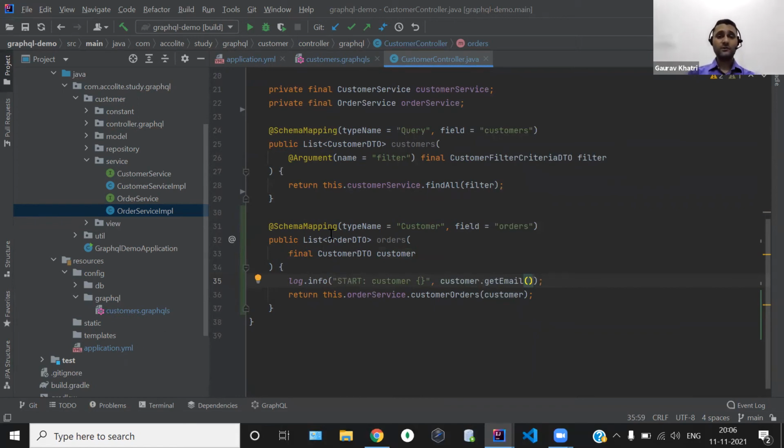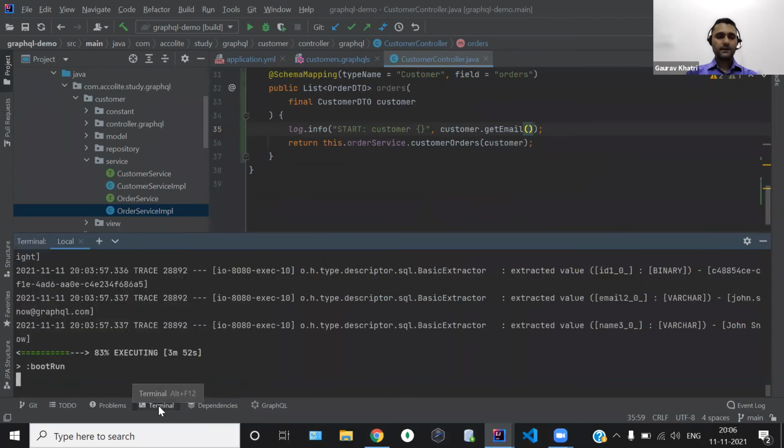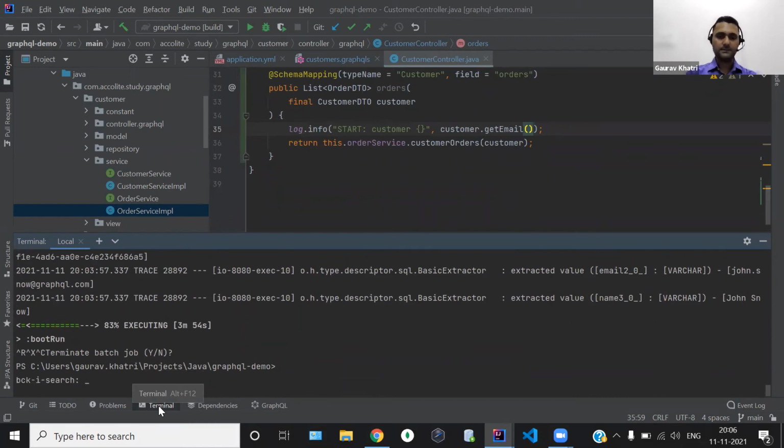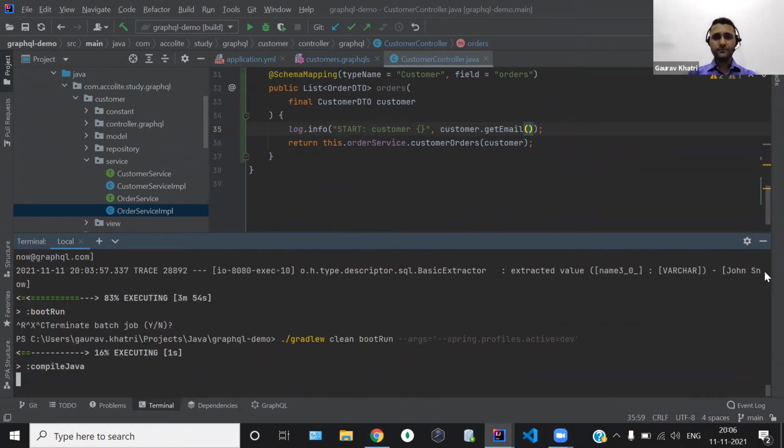I wanted to show you that this resolver function will only get called when we demand the orders in the customer query. So let's restart this application, and let's see how we can utilize this resolver function to optimize the GraphQL query.